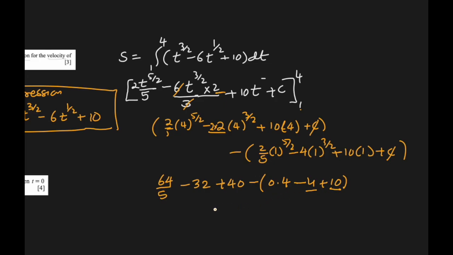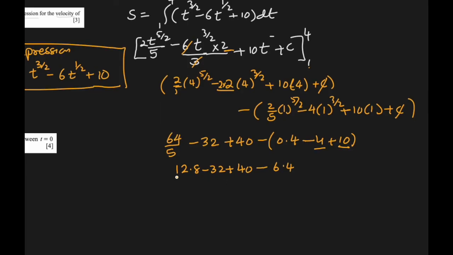Okay. So 64 divided by 5 will be how much? 12.8. Minus 32 plus 40 minus 6.4 I got from this. 6.4. Okay. So 12 minus 6.4 is 6.4. 40 minus 32 is 8. And we get